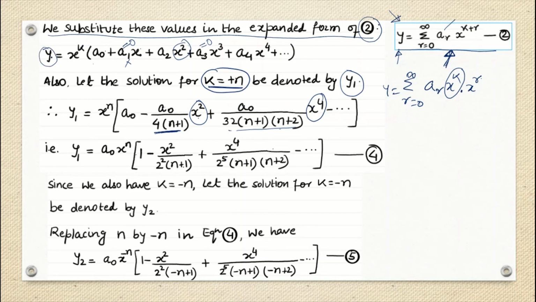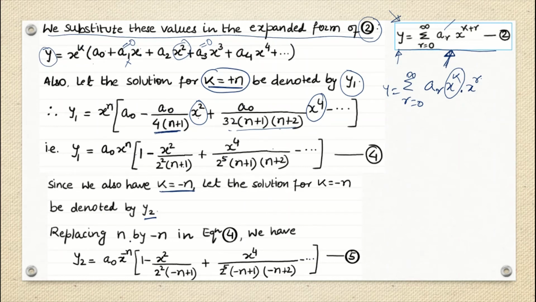y1 and y2 both, right? Y2 will be what? Y2 will be, if you put the value of x as minus n, so we will write that this is nothing but my y2. So the solution will be your y2. And finally, whatever you get as y1 or y2, you will make the linear combination of y1 plus y2 to get y. Fine, this is the idea.